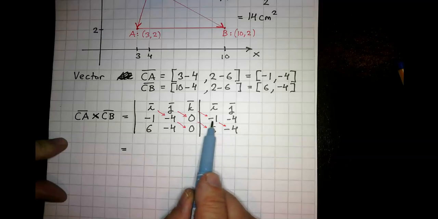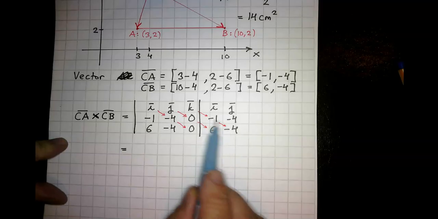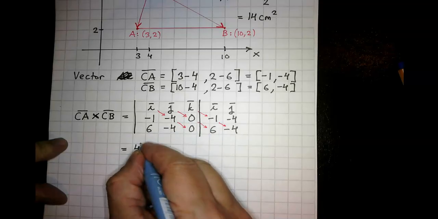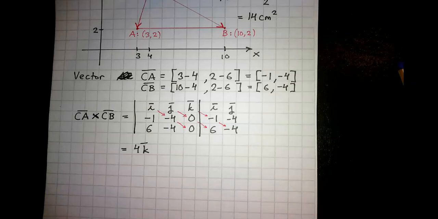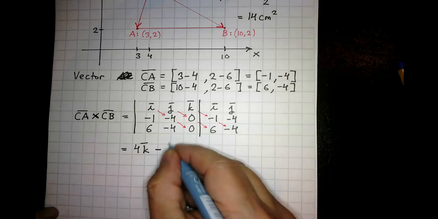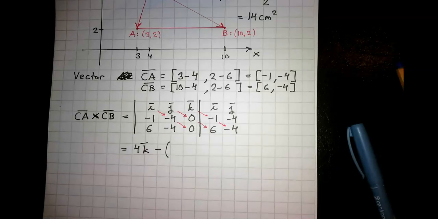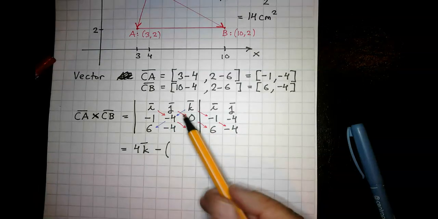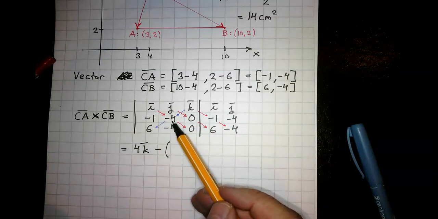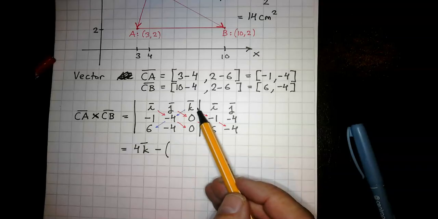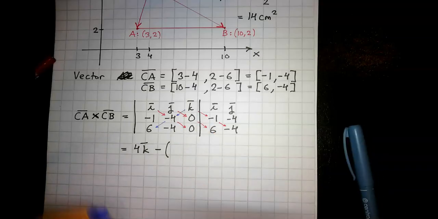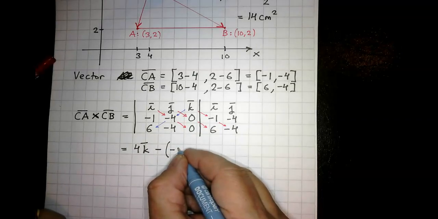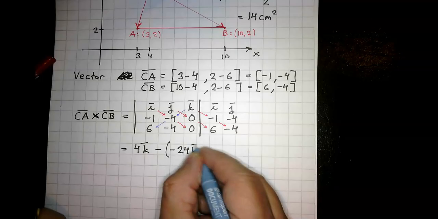-1 and -4 multiplied with each other. That will give us +4 and k. So it will be 4k. And then the minus direction, we have here the negative direction, 6 times -4, -24k, and it will go inside the brackets. There is a minus sign in front of the brackets. -24k,